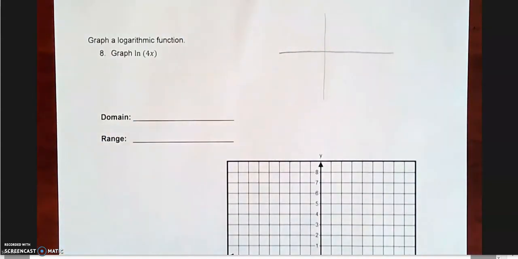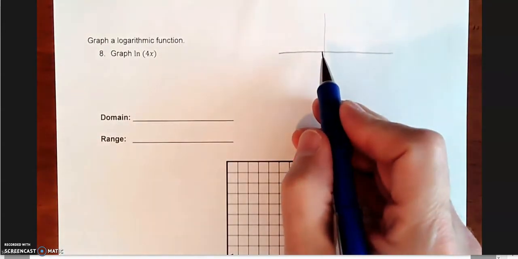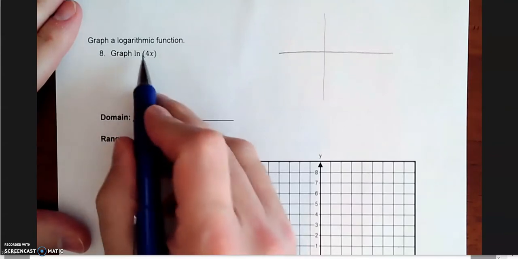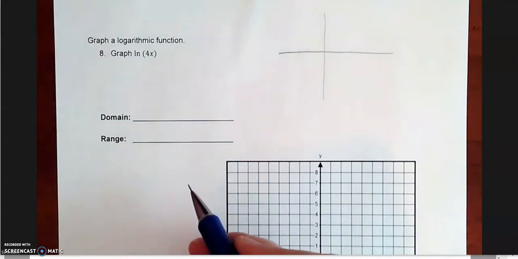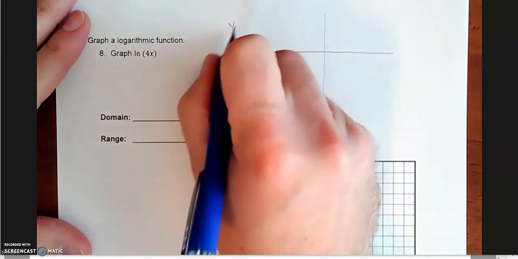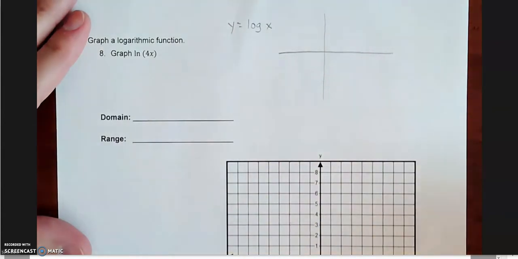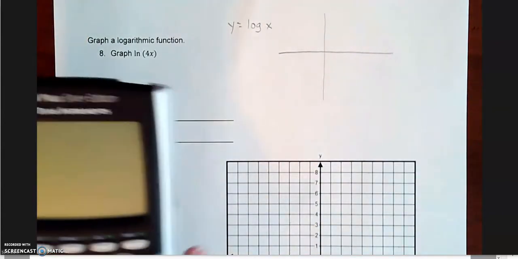In this video, we are going to graph a log. So just in general, what does a log function look like? And the only one we're going to graph is this, but we are going to compare it to what is that like in a real life kind of situation. So if you were to graph y equals log of x,